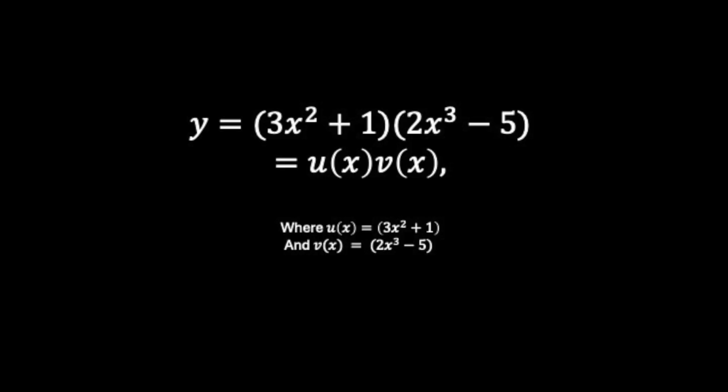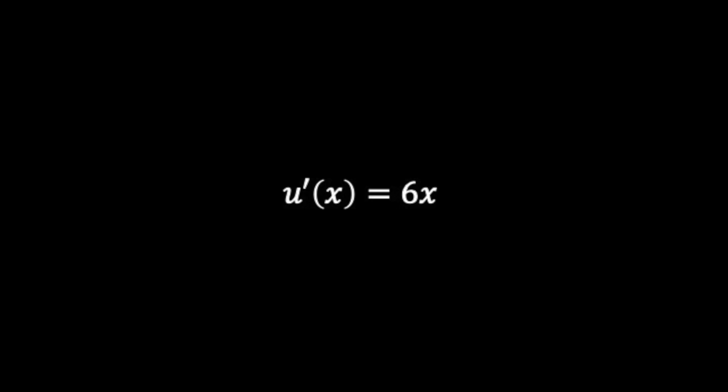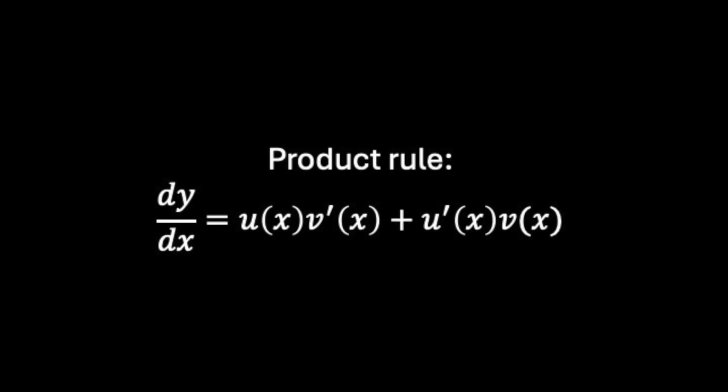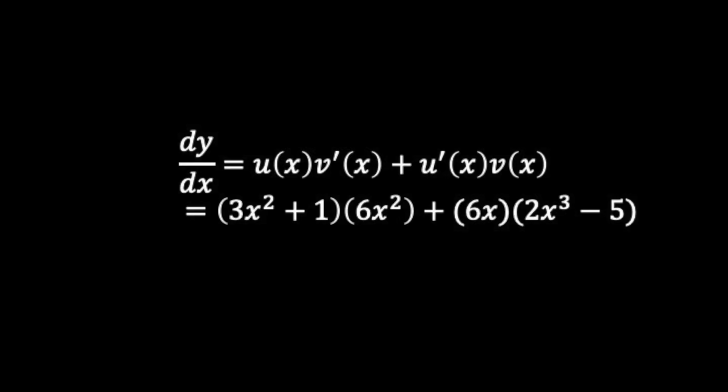Let's let u equal 3x squared plus 1 and v equal 2x cubed minus 5. Differentiating u gives 6x, and differentiating v gives 6x squared. Now substitute these into the product rule formula. We get dy by dx equals (3x squared plus 1) multiplied by 6x squared plus (2x cubed minus 5) multiplied